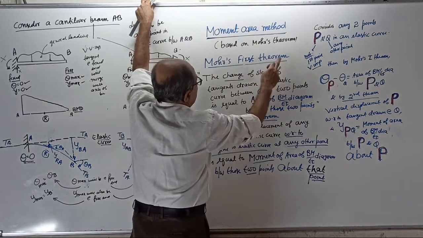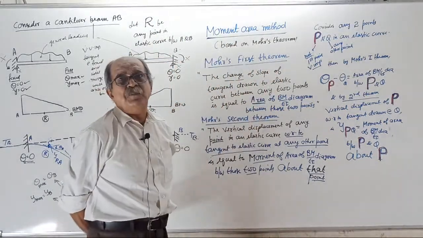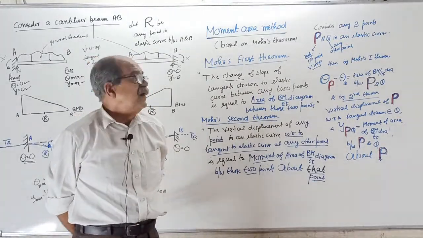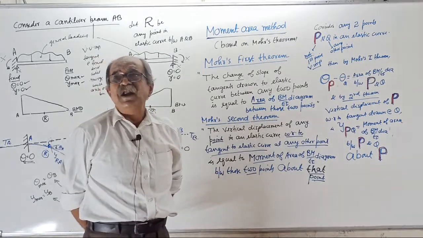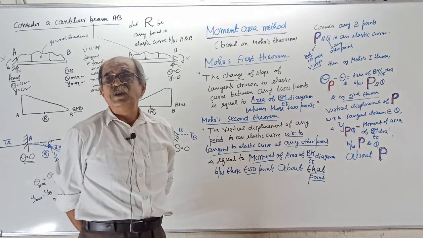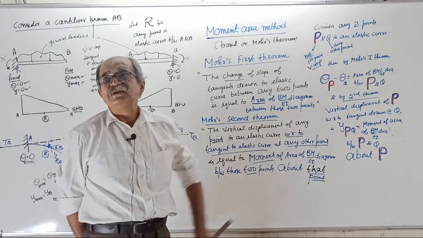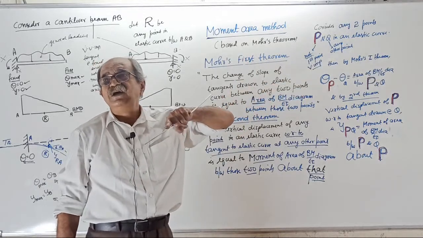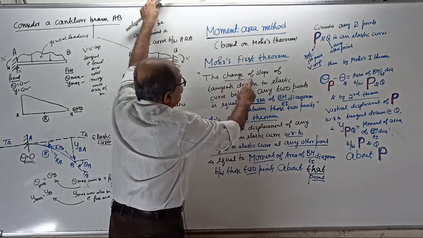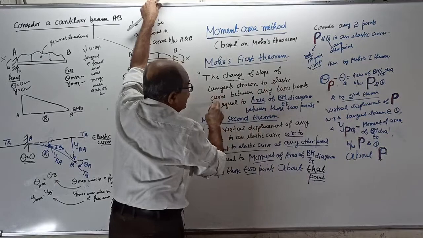Moore's first theorem statement is the change of slope. See, today your income is 500 per day. After some time, income will change over to 1200. So the change of income is 1200 minus 500. Remember, it is relative. So the change of slope of tangents drawn to the elastic curve